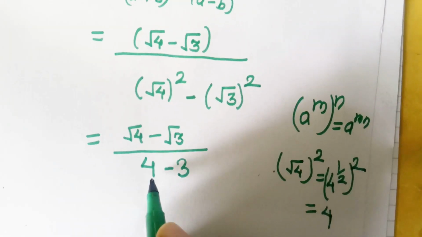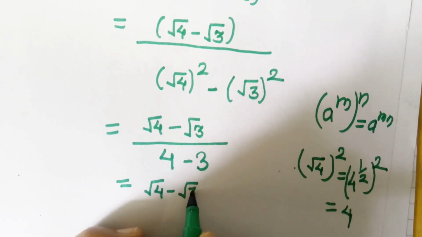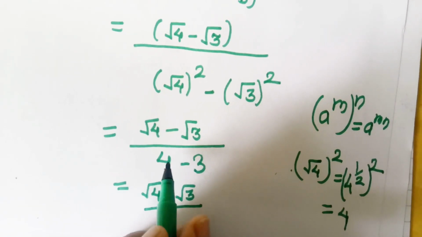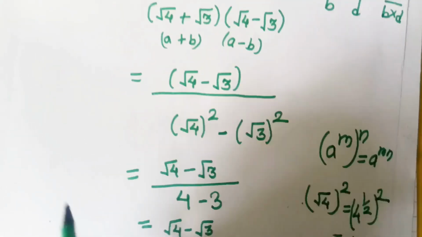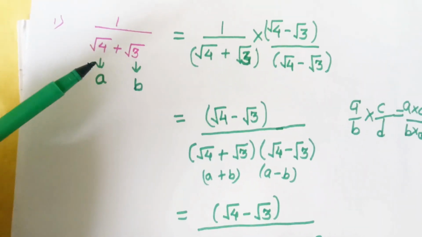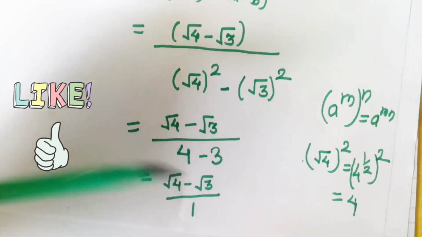And subtract this term, and we know that here the numerator I write again as it is, divided by 4 minus 3 is 1, and here 4 is positive, so we write here 1 is positive. Means the rationalization of this term, the answer will be under root of 4 minus under root of 3.